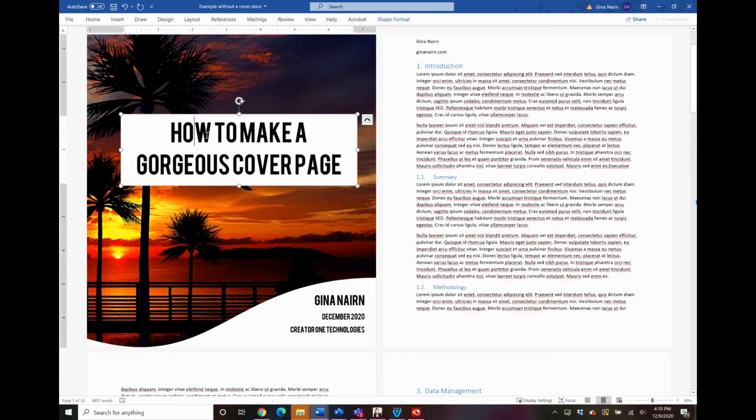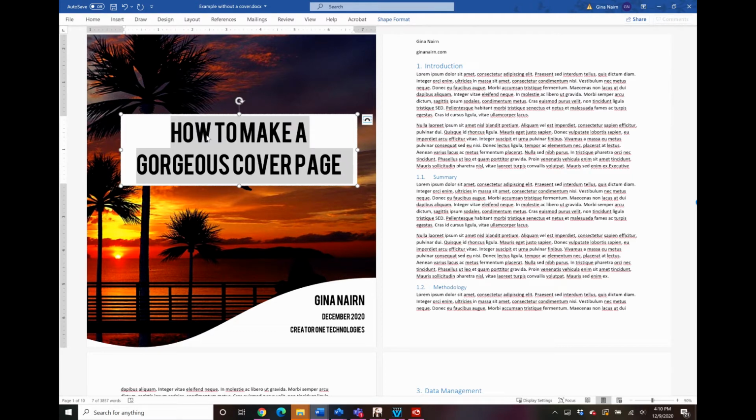Now up here, what I'd like to do is, instead of having black on white, I think one of the easiest ways that you can really punch up the look of a document and really up your game is to use color and pick colors out of the graphic that you used for your cover graphic. So in this graphic, we have orange, we have dark blue, purple, and then we also have black. So actually black doesn't look bad with this, but let's see if we can experiment with some other things.